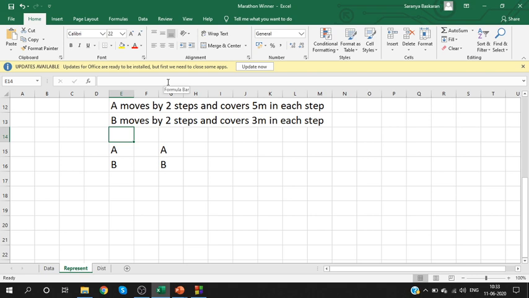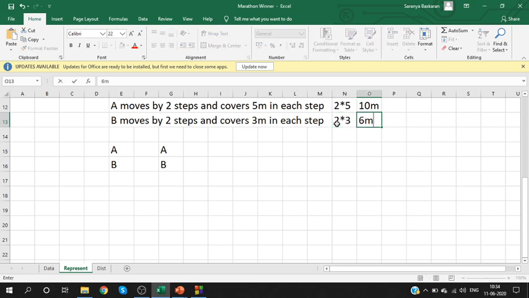This is the problem statement. So what is the total distance covered? 2 into 5, which is 10 meters. Okay, A has covered 10 meters. What about B? B moves by 2 steps and covers 3 meters in each step. In one step, 3 meters. So in 2 steps, 2 into 3, which is 6 meters.